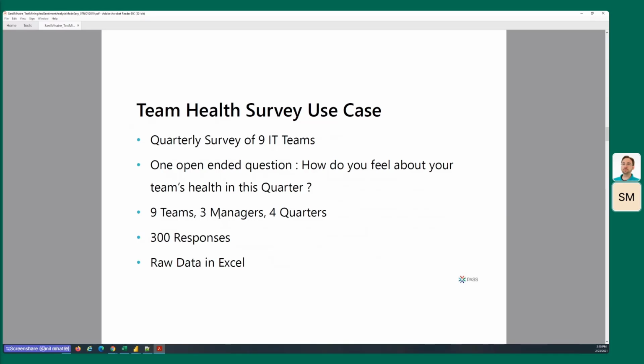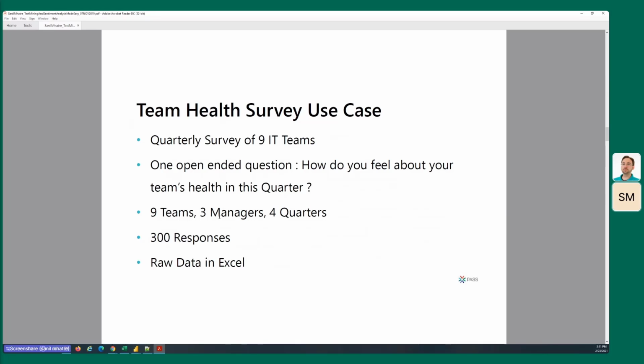On top of this sprint retro, my company does a quarterly team health survey. And in that team health survey, they ask just one open ended question: how do you feel about your team's health in this quarter? So I have taken that survey data, de-identified it, of course, and I have used that to build this demo.